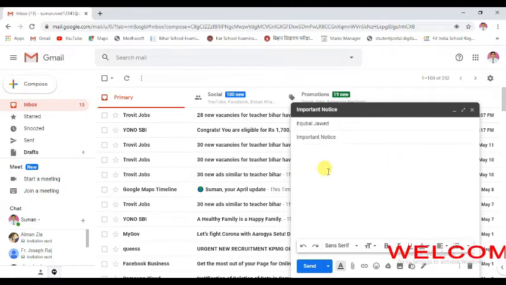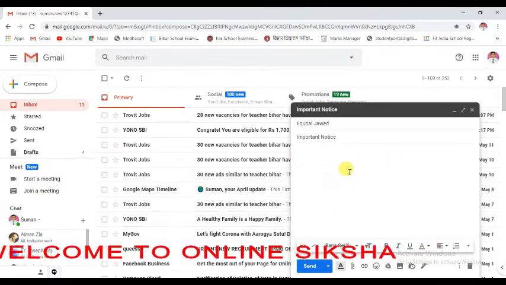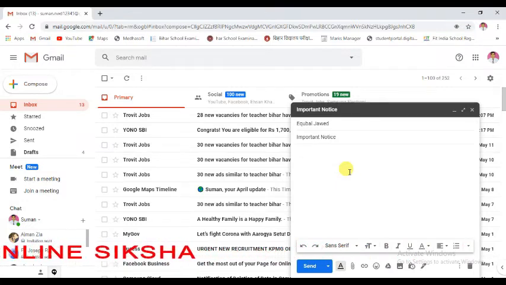Next, go to the next column. Here this is the body of your email. Here you have to type the message. You have to type the message body that you want to send to that person.